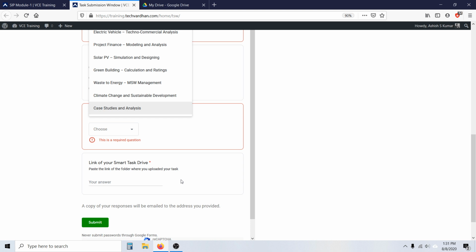The third thing is, a lot of people try to become over smart, and they submit Smart Task 1, and from their friends they get the links for Smart Task 4, and they submit Smart Task 4 directly, thinking that they will get the certificate. When we check and find out that they have not submitted Smart Task 2 or Smart Task 3, then they say, oh sir, sorry, I never meant it like this, please give me a chance.